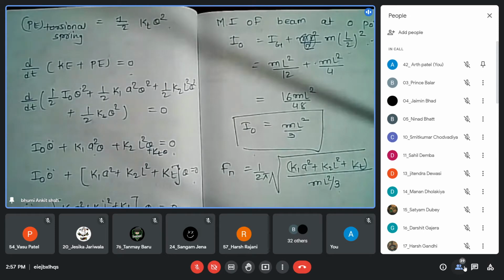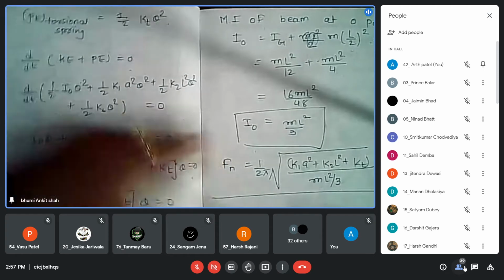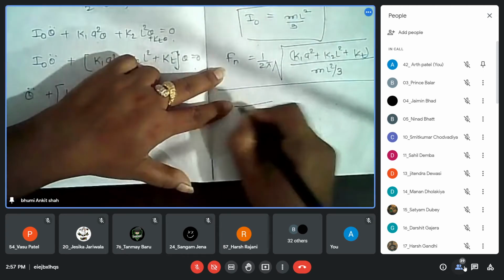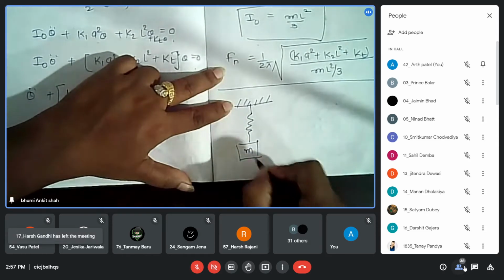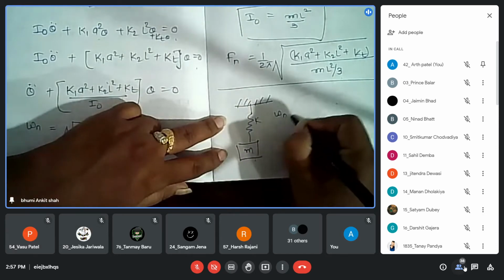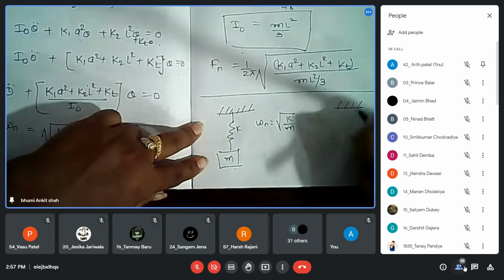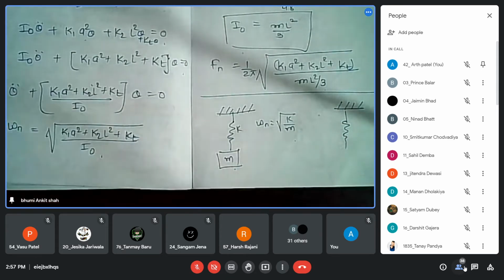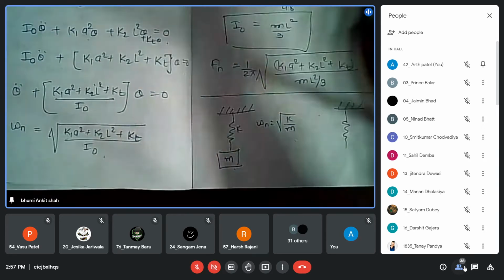So when you consider the mass of the spring, what will be the mass of the spring? Suppose, I have already explained this, right? This is your simple spring and mass system, right? So when we do not have to consider the mass, our natural frequency is equal to under root k by m. Now when it is asked to consider the mass of the spring, one second.